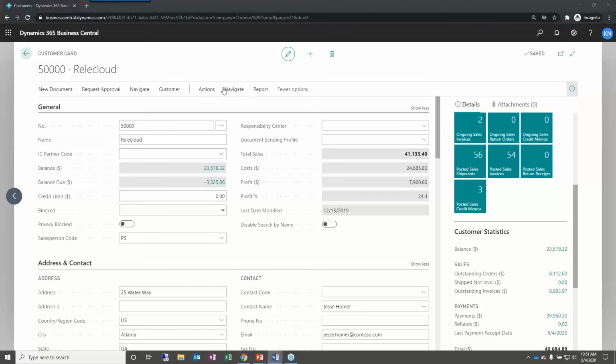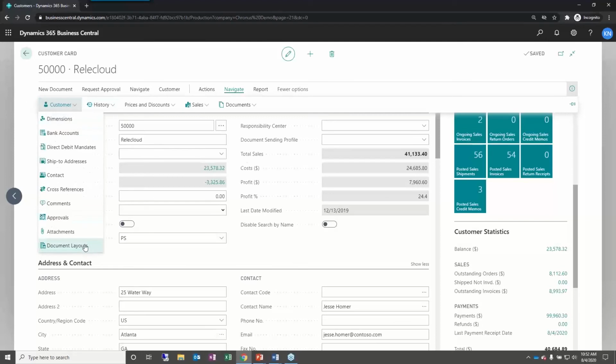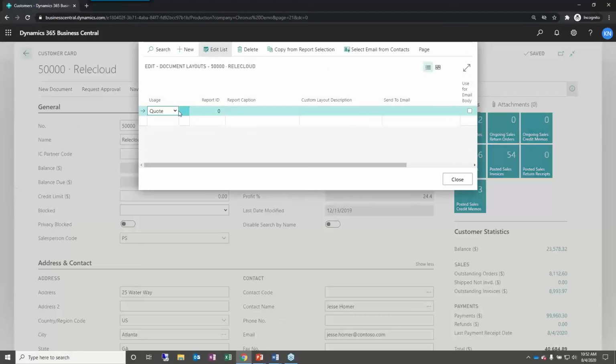All right, and then we did talk about the emails. So we're going to quickly delve into that a little bit. So when you have the customer invoices, the statements, whatever you might be, you can have more than one email. Here on the customer card, there is an email, the default email associated with this customer, but you can set up multiple emails for different documents. So you can see here's a quote, information, credit memos, invoices, customer statements, whatever you might want to do. So if you want all invoices to go to,